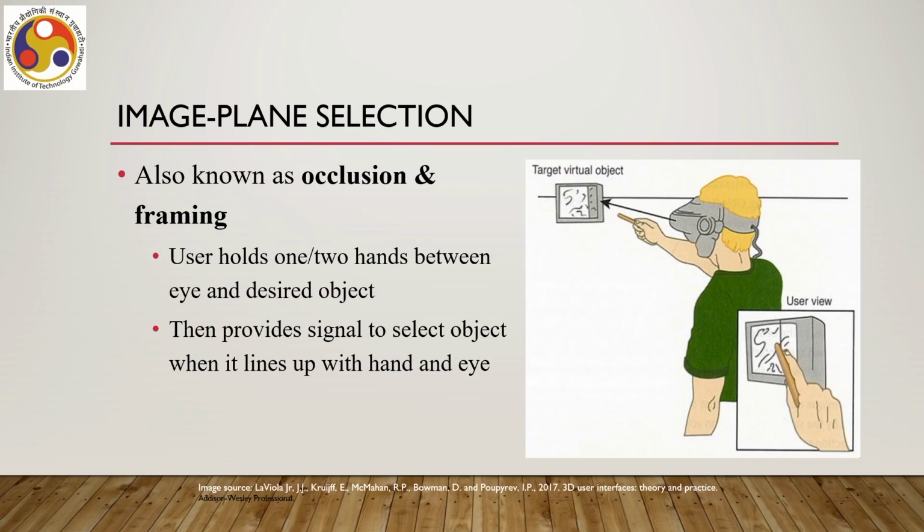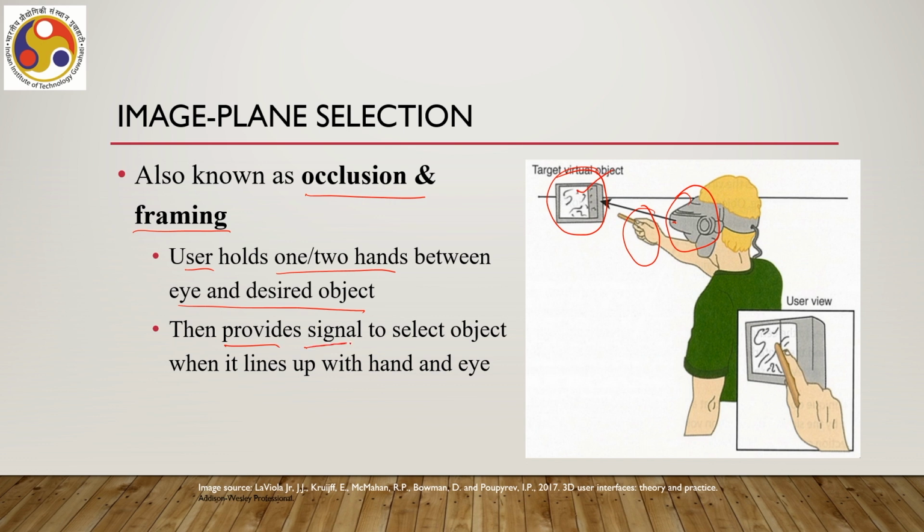Let us first talk about the image plane selection. It is also known as occlusion and framing. So, the idea is shown here in this figure. The user holds one or two hands between eye and the desired object. So, here the eye position is shown, the desired object is here, and the user is holding the hand between eye position and desired object,